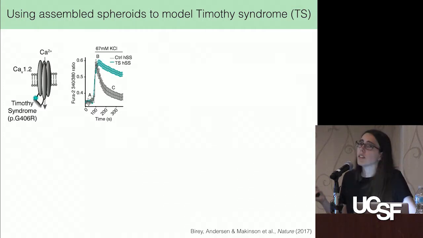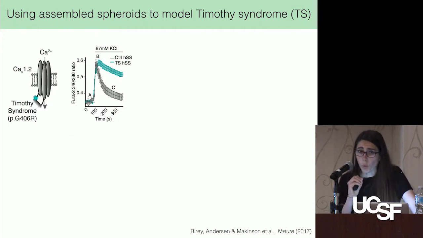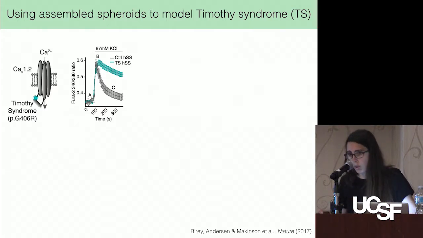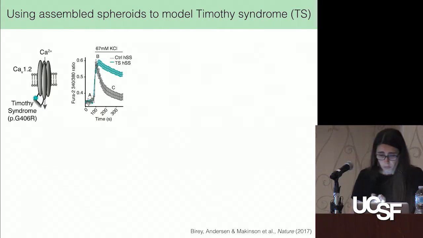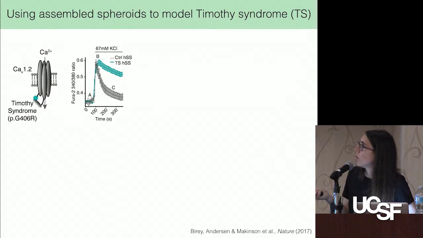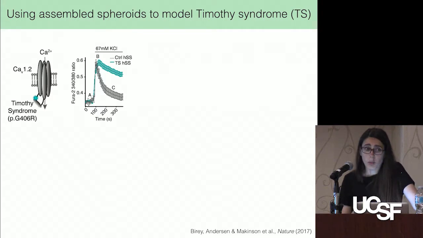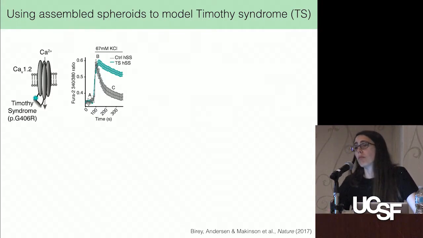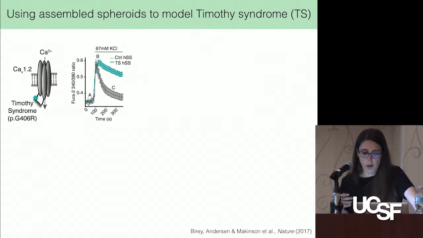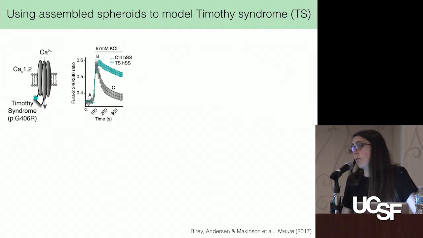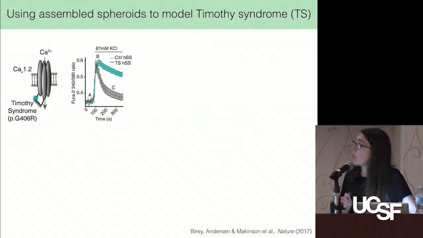And so what that means is that once they are depolarized, they take longer to close the channel, and so that means they have more calcium in the cell. And that's shown here with KCl depolarization. And we know that calcium is important for numerous processes during development and in general, and it's important for migration. So we thought it would be a good model to pursue to try to see if we could use this